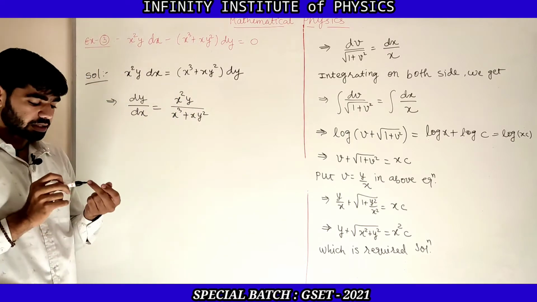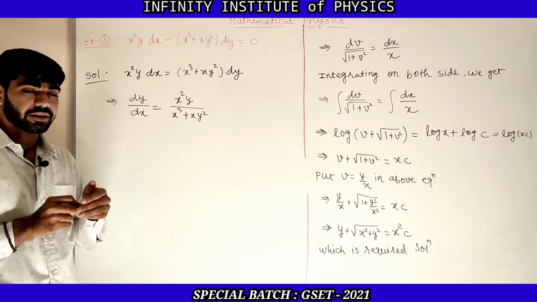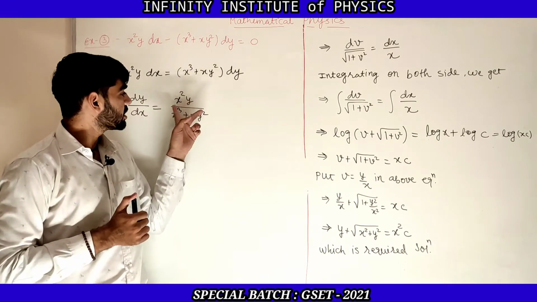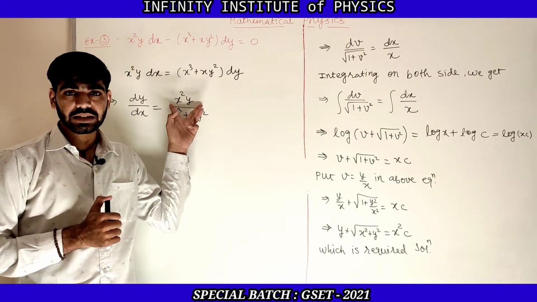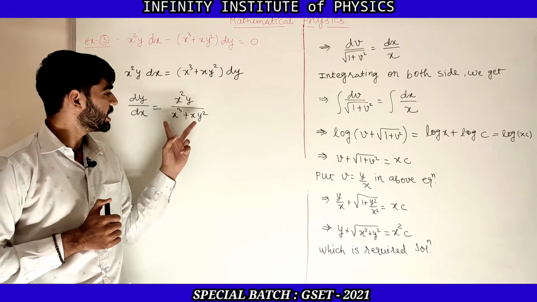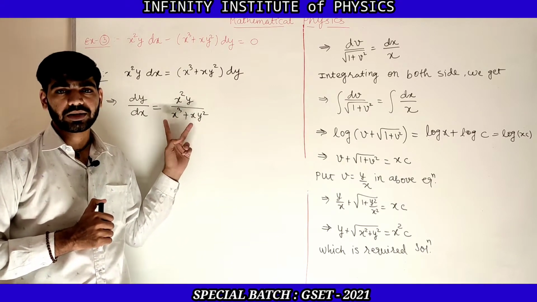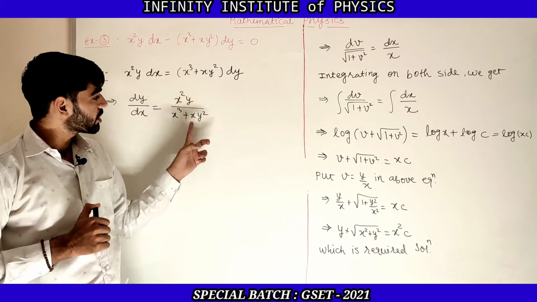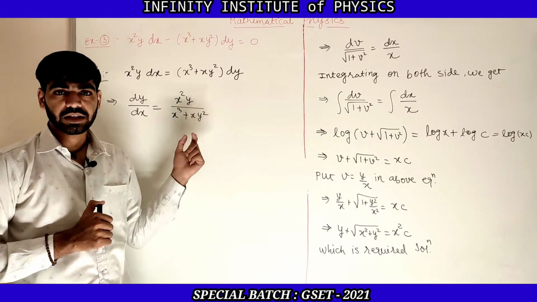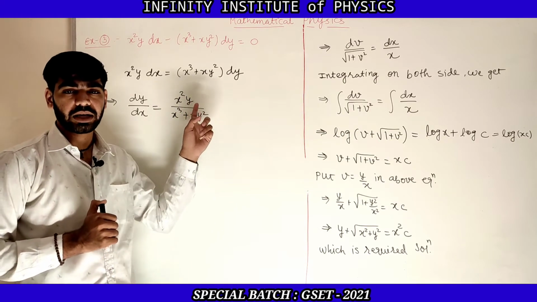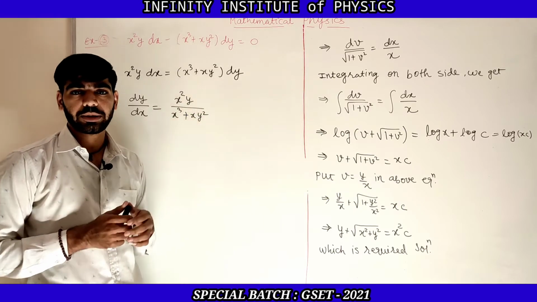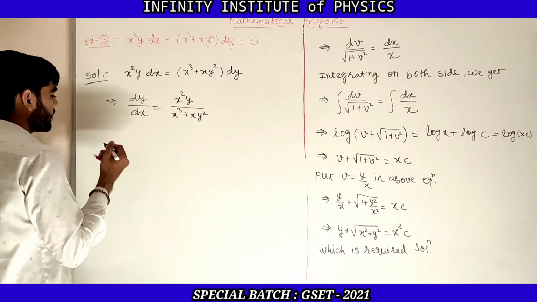And now this is the homogeneous differential equation. As you can see, the degree of the numerator term is 3 and the degree of the denominator term is also 3. Also you can see that both are homogeneous functions, as no constant appears in the numerator or denominator. So let y is equal to vx.